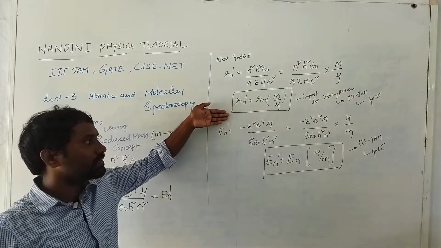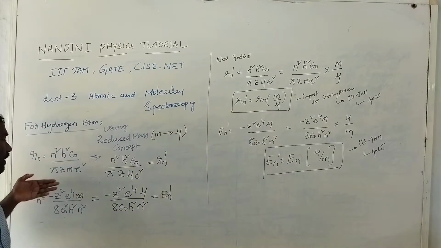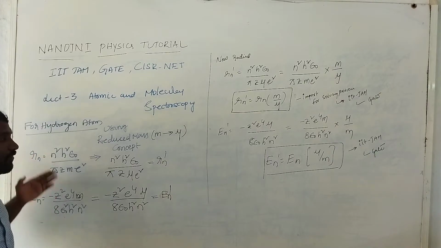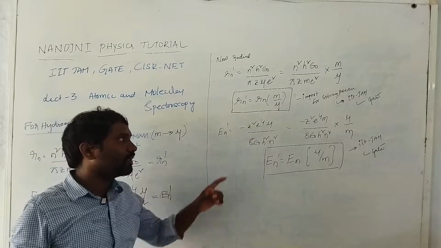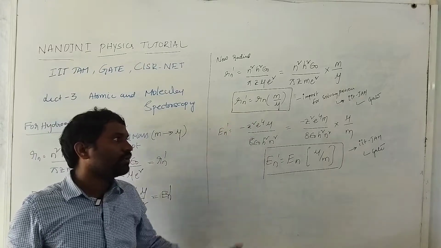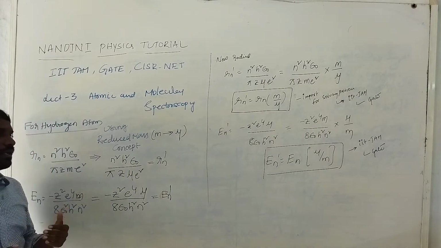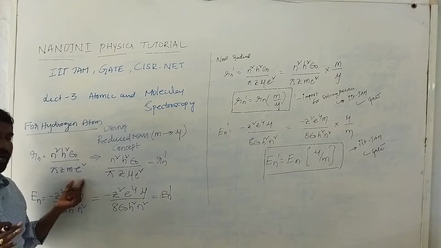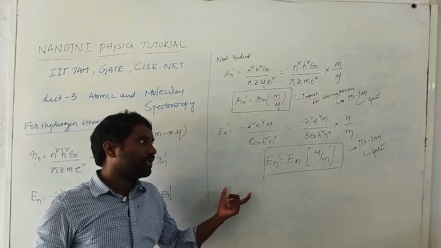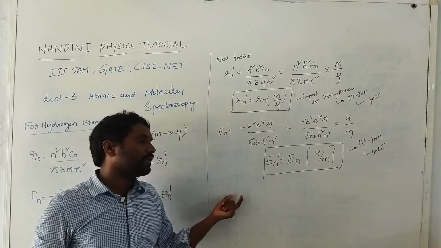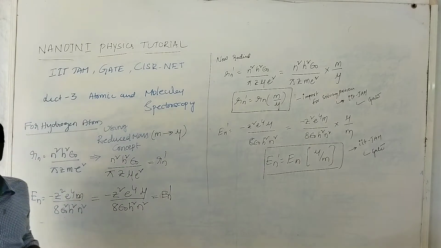So this is the new radius and new energy for finite nuclear mass. This is the old energy, radius and energy in infinite mass condition. So these equations are for the infinite mass condition and these equations are for the finite nuclear mass condition. In the finite and infinite nuclear mass phenomena, here I am using the reduced mass concept because the mass changes. So therefore I introduce the reduced mass concept. This is a very important formula.